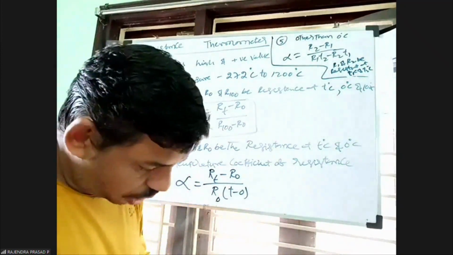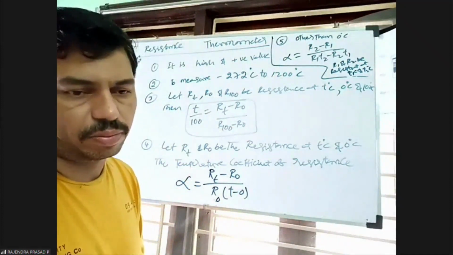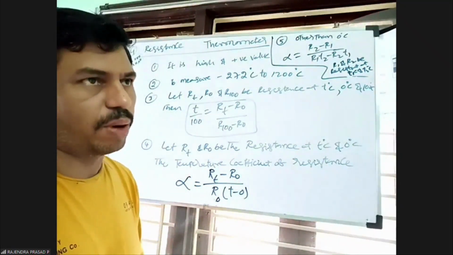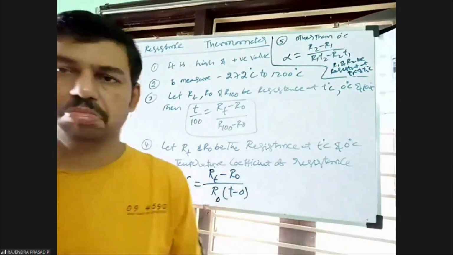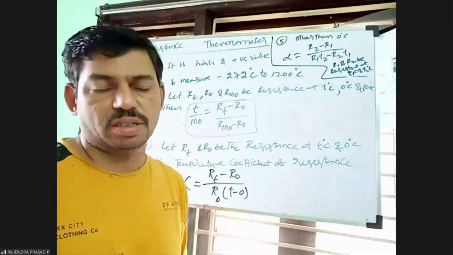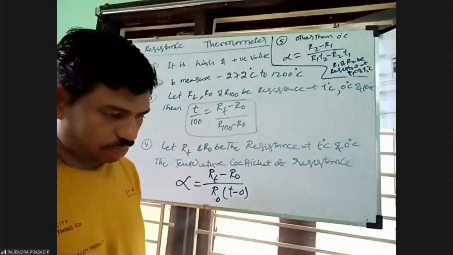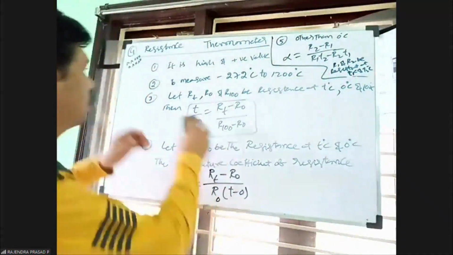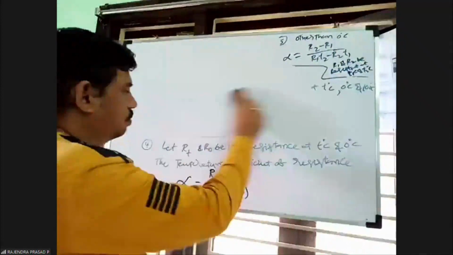Two or three problems are in the material, one problem on pressure, and the remaining are all centigrade and Fahrenheit scales. With this, the thermometers are completed. Next thermometer is